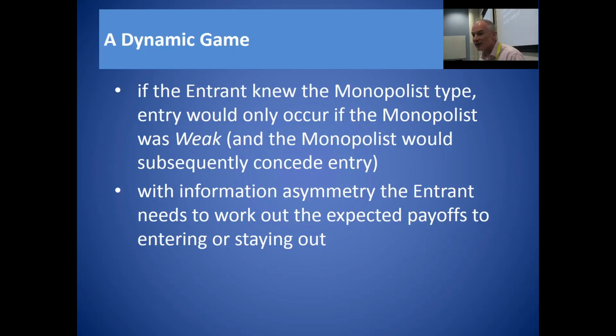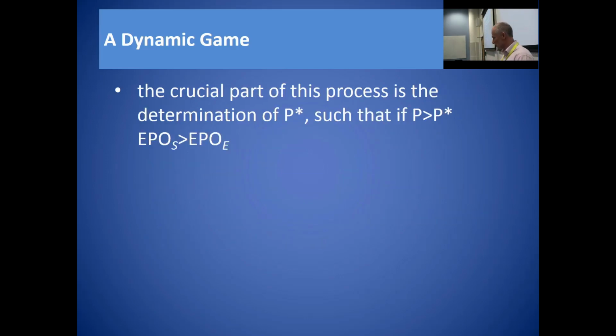Because the entrant doesn't know how its entry is going to be met, whether it will be fought or acquiesced, because there's ambiguity over a weak or strong monopolist. So again, just formalising it, just setting it up in the way that we did previously, we will say that there will exist a crucial probability of P star, such that if P is greater than P star, the expected